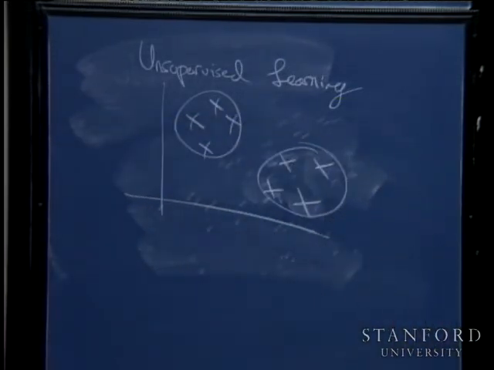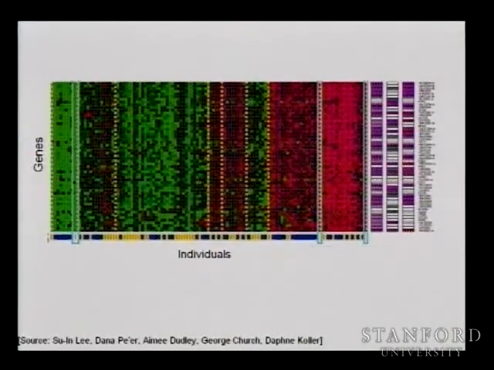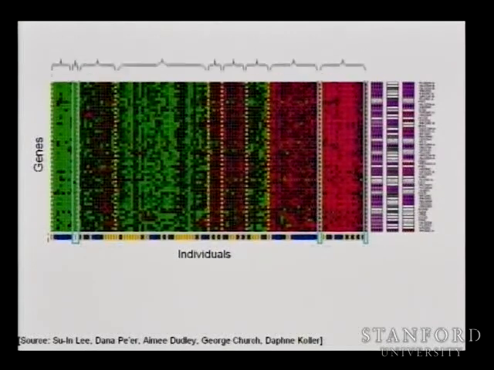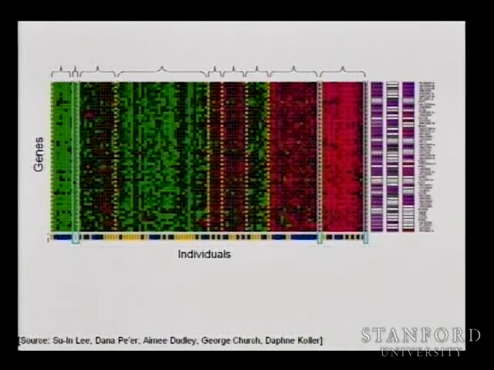So you can see this. It turns out that these sorts of unsupervised learning algorithms are also used for many problems. This is a picture I got from Sue-En Lee, who's a PhD student here, who's applying unsupervised learning algorithms to try to understand gene data. So, it's trying to look at genes in individuals and group them into clusters based on properties of what genes they respond to, based on properties of how the genes respond to different experiments.